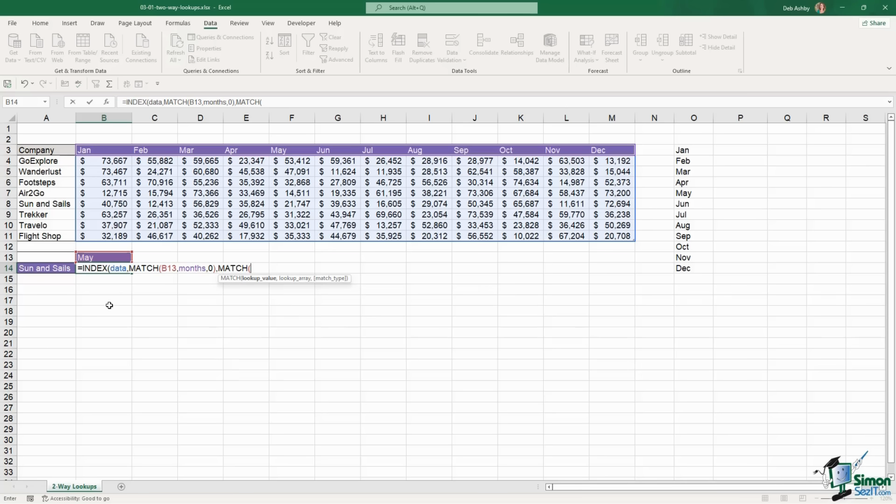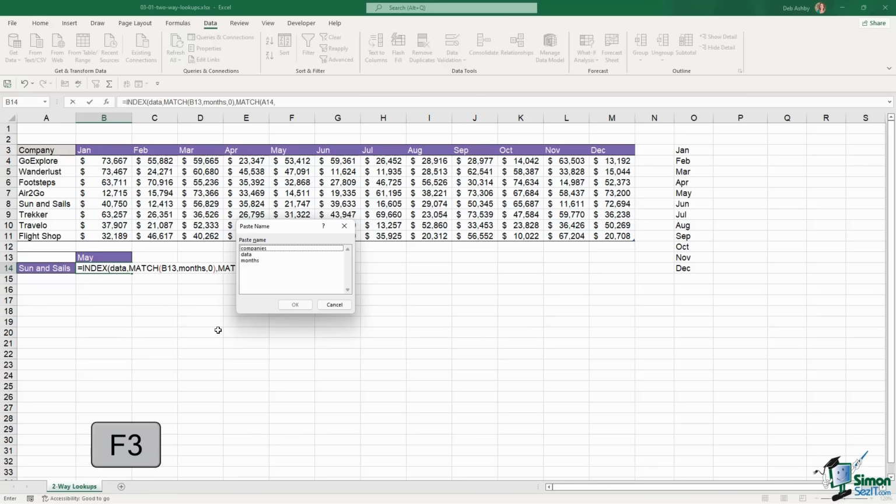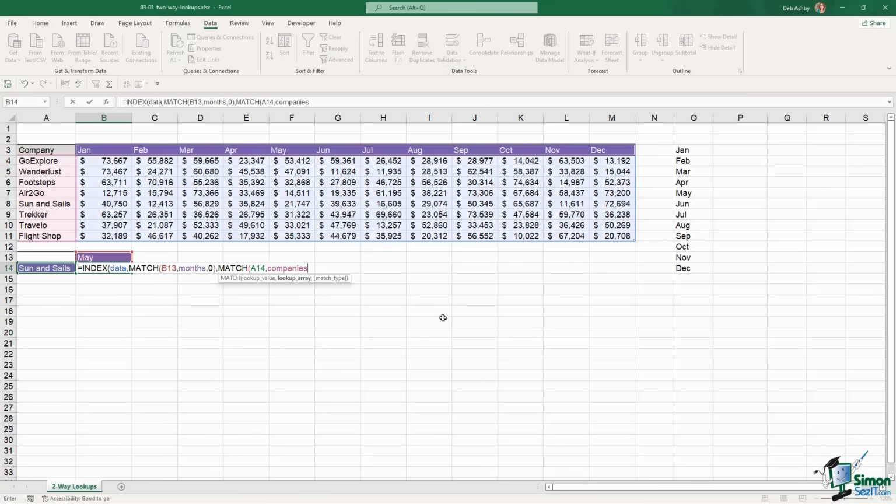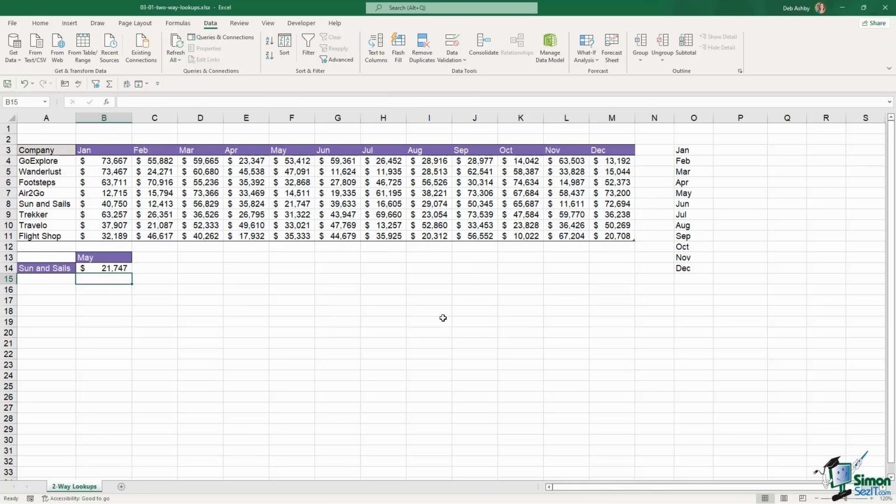And this time we're going to look up the company. So our lookup value is A14. Where are we looking it up? Well, if we press F3, we're looking it up in the company's range. And we're doing an exact match. Let's close off our match, close off our index, and then when we hit enter, we should find we get